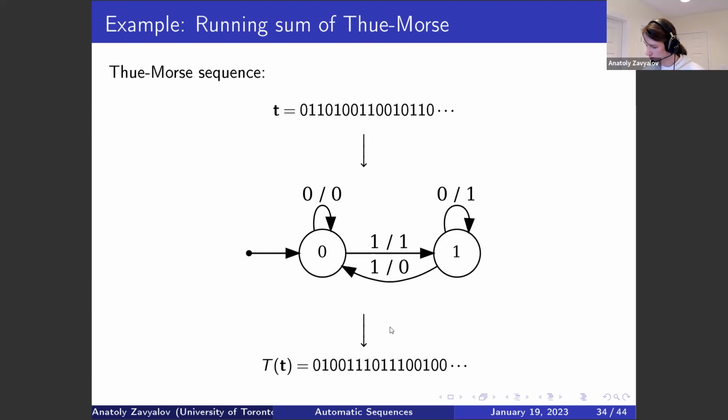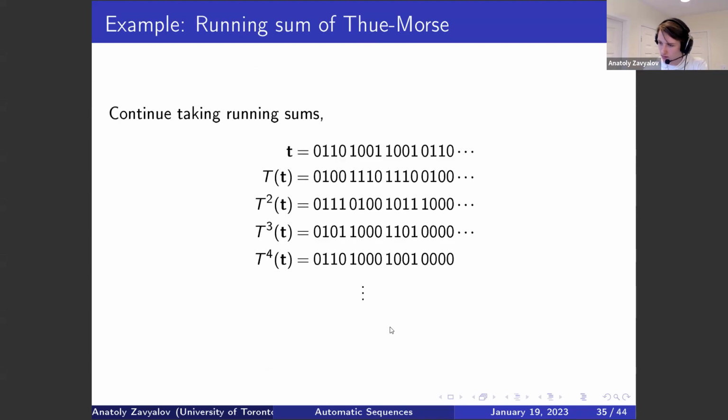And one of the things I discovered this year is if you keep taking the running sum of the running sum of the running sum, you start off with just the Thue-Morse sequence up top, and you take its running sum. How you get these later running sums is, like in Pascal's triangle, you look at the number on top and the number on the left and add them up modulo 2. For instance, 0 plus 1 is 1, 1 plus 1 is 0, and so forth. And if you keep doing this,